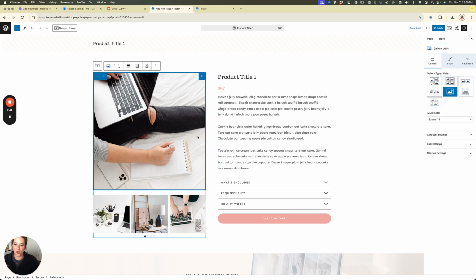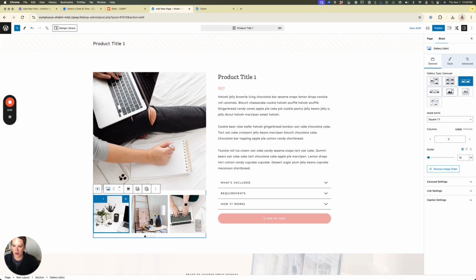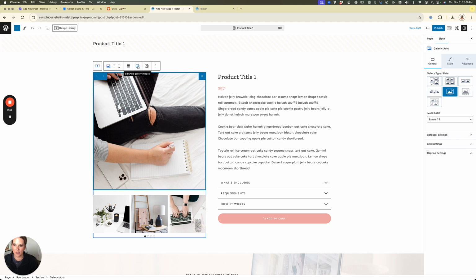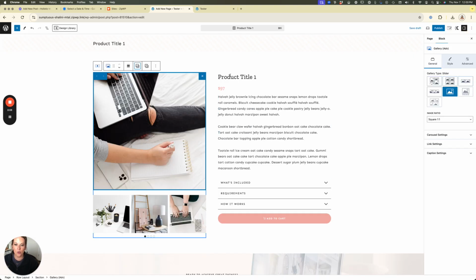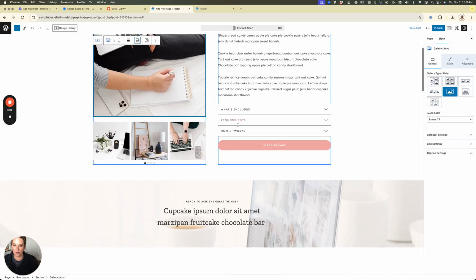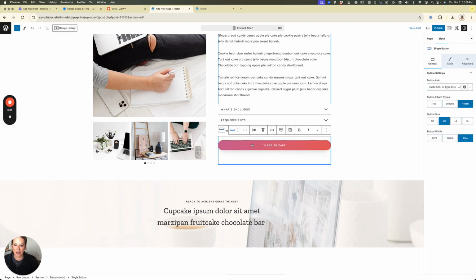Basically, you would come in and swap out all of the images that we see here. You've got your gallery here that you can adjust. You would click in and add images to your gallery, whatever you want to be there. You would change your product title, your price, the description, and all of these things if you needed that. And in this case, this add to cart button is already here. The only thing that you have to do is link it accordingly to wherever you want it to